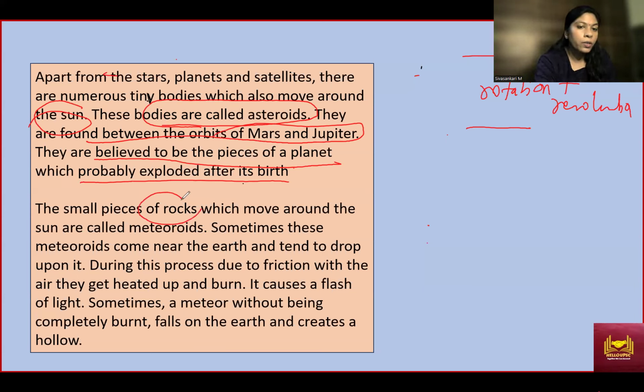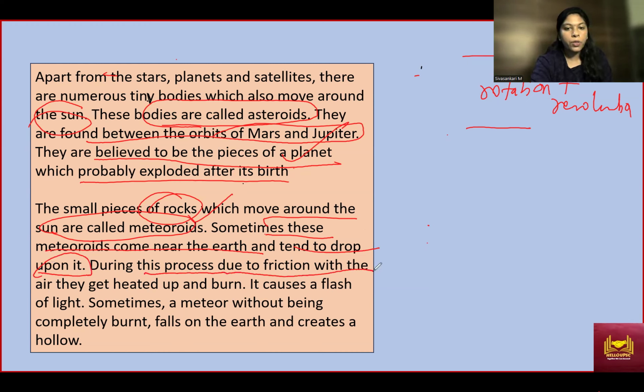The small pieces of rock which move around the sun are called meteoroids. So this is asteroids and this is meteoroids. Sometimes these meteoroids come near the Earth and tend to drop. They reach the Earth's atmosphere and come inside. During this process, due to friction with the air, as there is an atmosphere around the Earth,